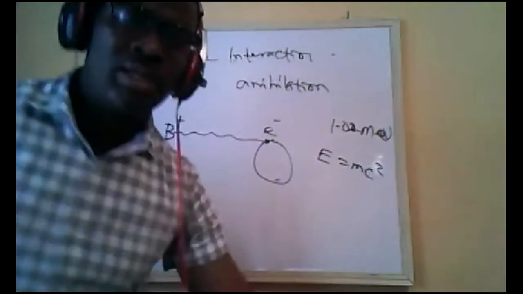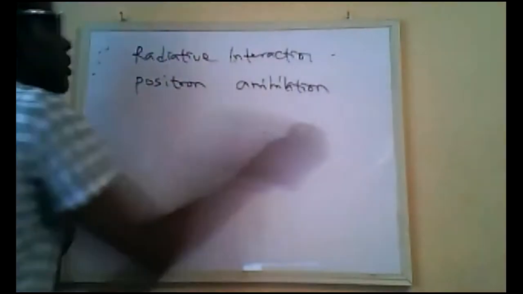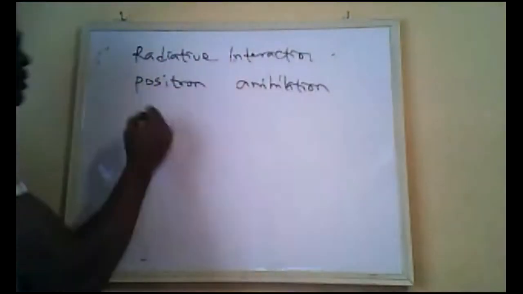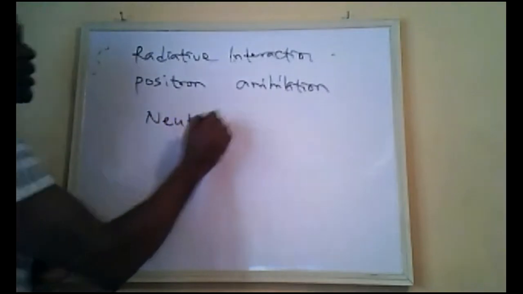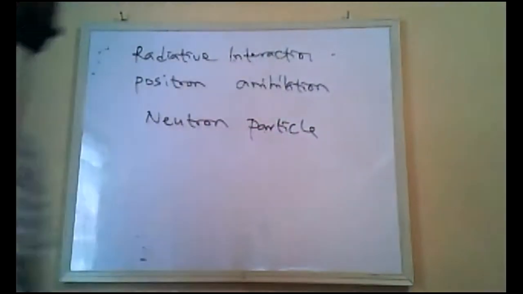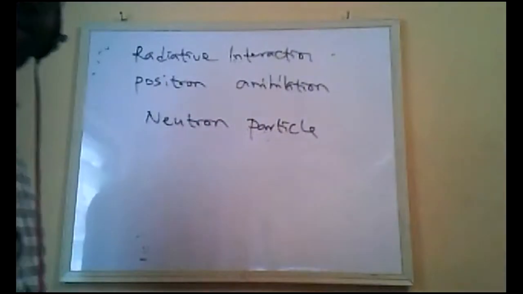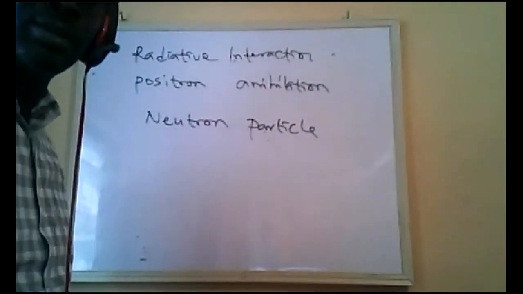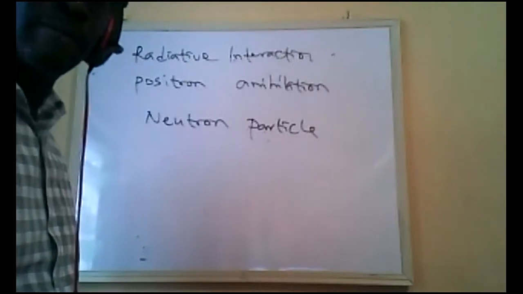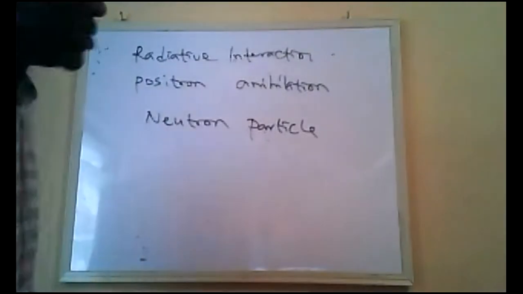So we want to watch these things. Now the neutron interaction. We are still talking about particle interaction, and we haven't entered into the crux of the matter, which is gamma ray, beta, gamma, and then X-ray. For neutron interaction, because a neutron is not charged, it's an uncharged particle,